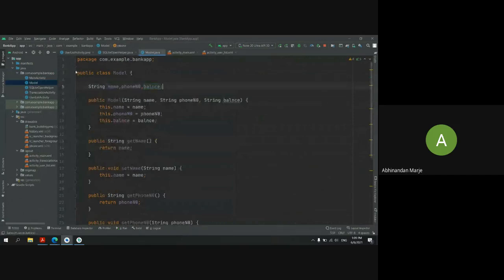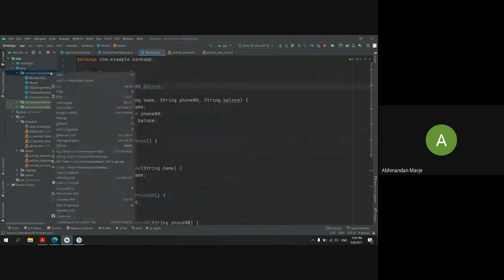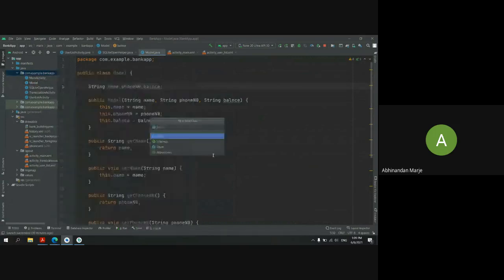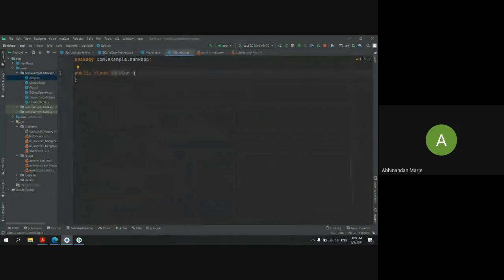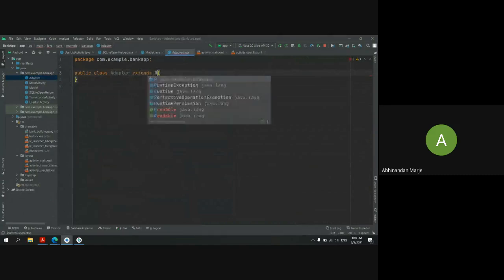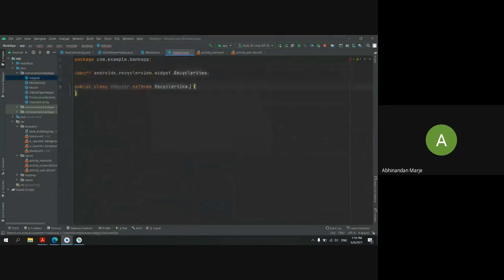So then I want an adapter and a view holder to extract my data and make it visible in my XML file, right. I'll make this class adapter and I will extend it to recycler view dot, sorry, view dot adapter. And in this argument list, I will pass my adapter name, and the next thing I want to pass is the view holder, which is not yet created, but I will mention the name. And if you go to this red bulb icon, it will create a class for this.